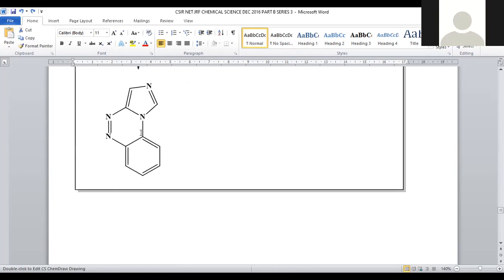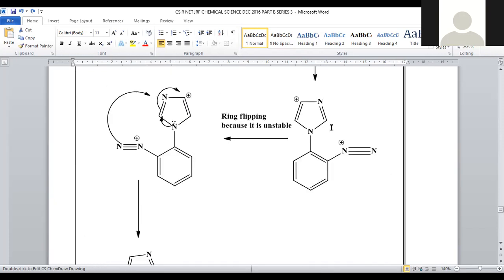This is the final product where imidazole ring side bond formation is not possible. Why is it not possible? Why are we going to flip the bond? It's very clear, right? Because nitrogen, nitrogen, here also nitrogen, nitrogen. These many nitrogens on the same side, is it favorable? No, because four nitrogens all are developing highly repulsive forces.